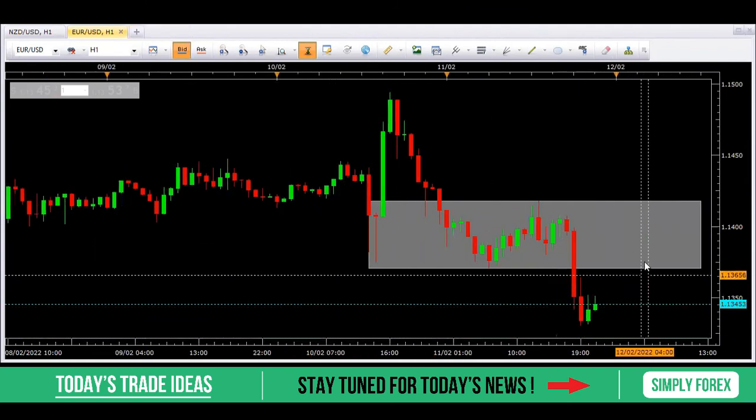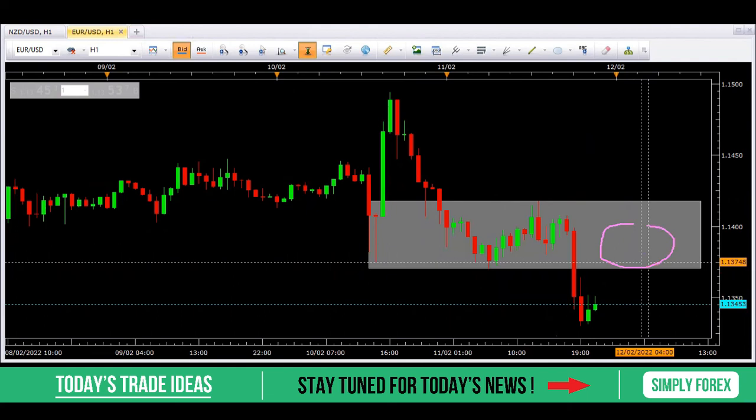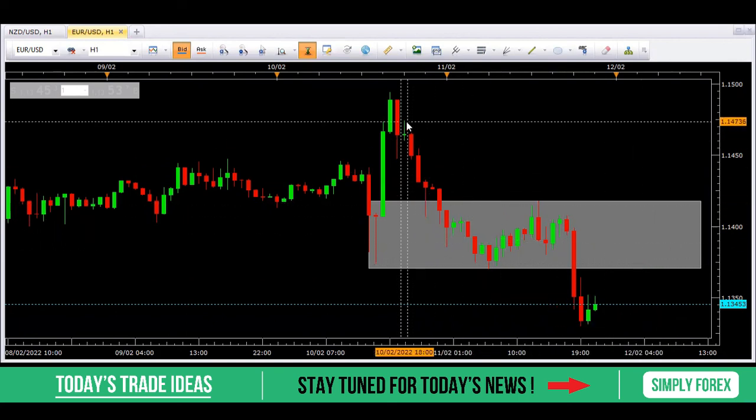So what we want to see, guys, is price retrace up into this grey zone. Then we want to see a bearish candlestick pattern. And then again, we can take price back down to this low first of all, close 80% of the trade, and then leave the 20% to run down to our blue daily target. All right, guys, so that's the second trade idea, euro US dollar short. Okay, that's it for today. Let's look at the news.